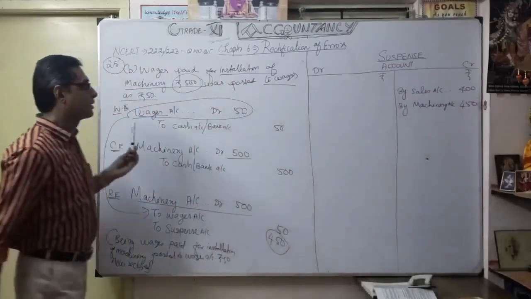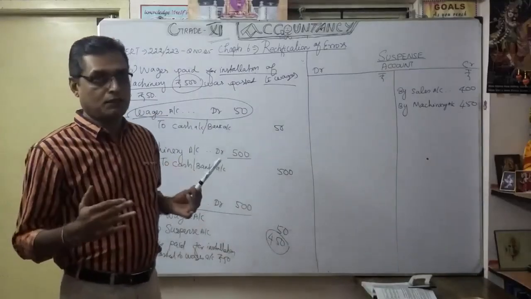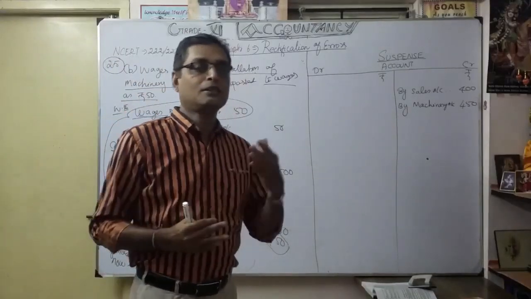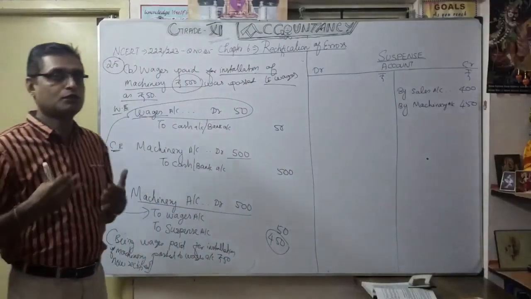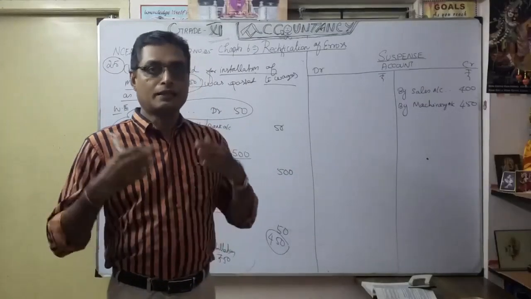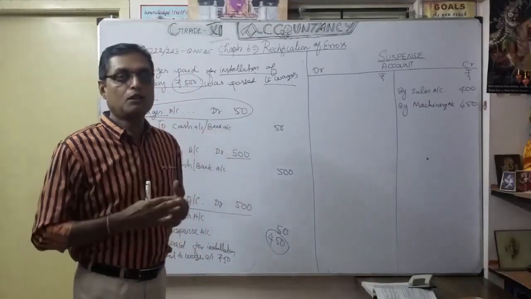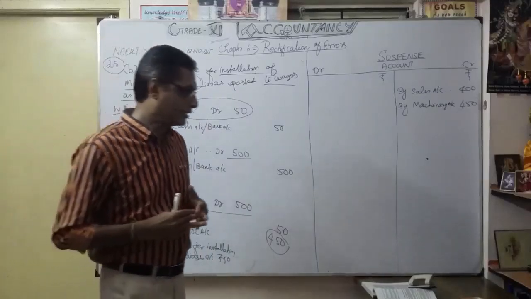That's what our second transaction. This is for the error of principal, because allocation of expenditure was wrongly posted. Now you understood how to rectify. You have to practice this whenever you make a rectification entry. For that, I repeat once again, you should be strong in journal entries, rectification order. So very easy.